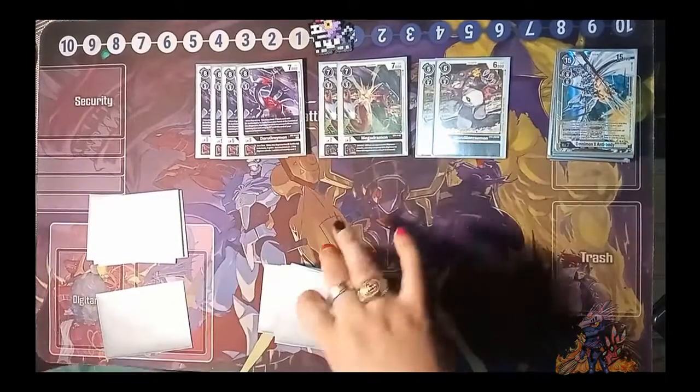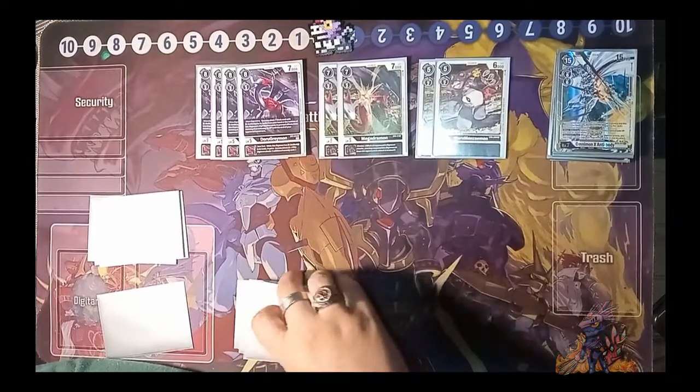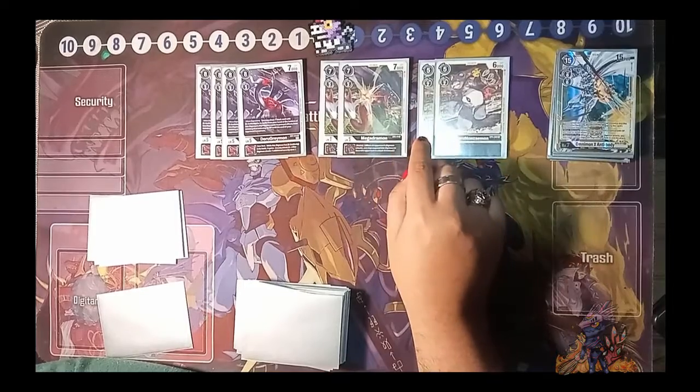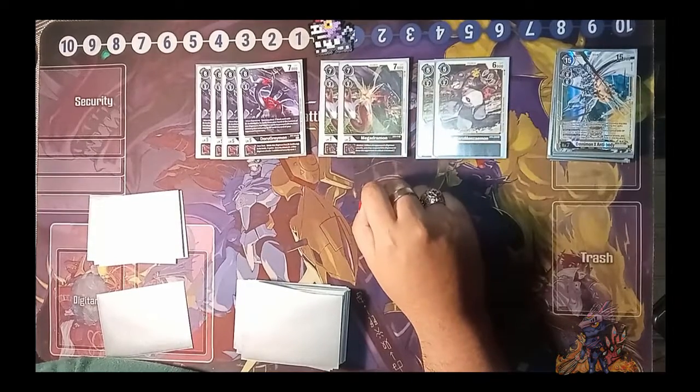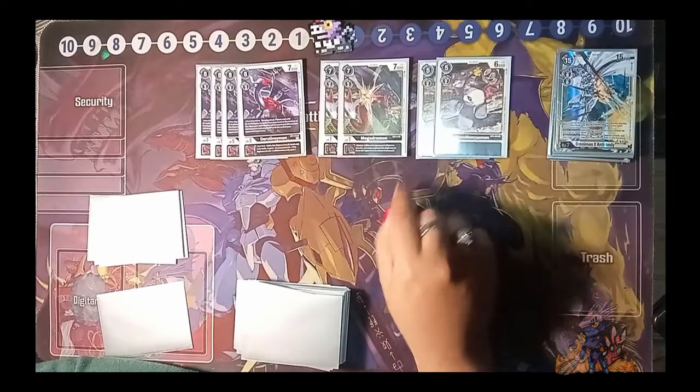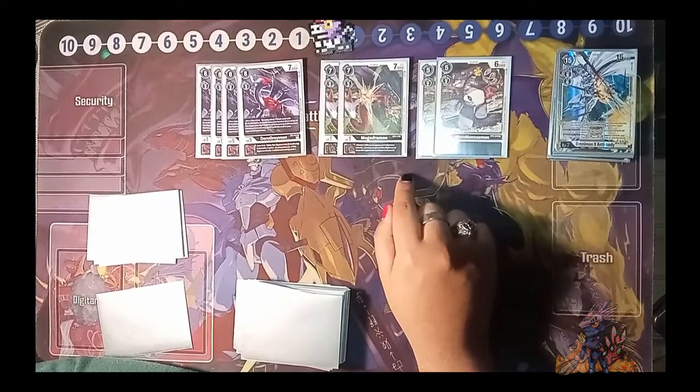This format is kind of slow, but a lot of the time it actually becomes super explosive later. I would say the following: a lot of people just forget that you have the Megadramon and that your demons are blockers. People just forget it. 117 is just here because he's inexpensive. Most of the time,